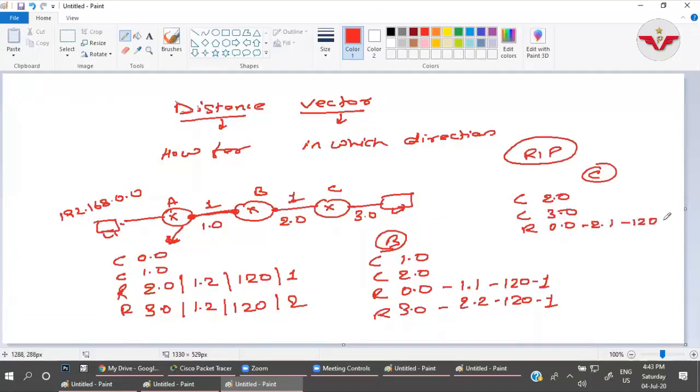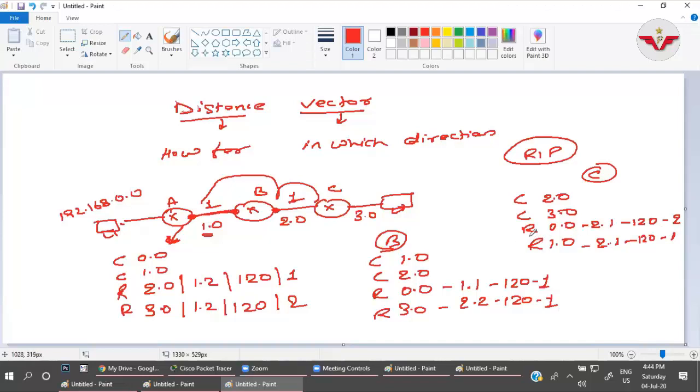The administrative distance is 120 and the hop is 2. Through RIP, it can reach the 1.0 network as well. The next hop is 2.1, the administrative distance 120 and the hop is 1. Metric would be 1, right?